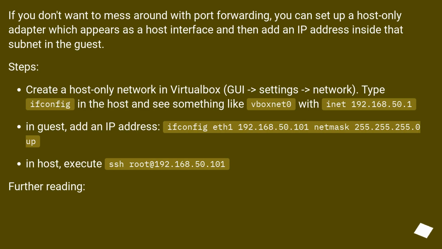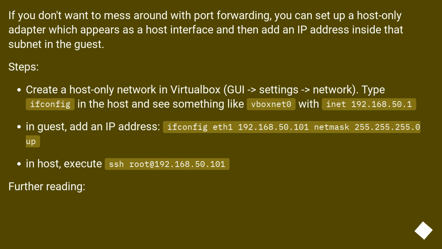If you don't want to mess around with port forwarding, you can set up a host-only adapter which appears as a host interface and then add an IP address inside that subnet in the guest. Steps: create a host-only network in VirtualBox, GUI > Settings > Network. Type ifconfig in the host and see something like BoxNet 0 with inet